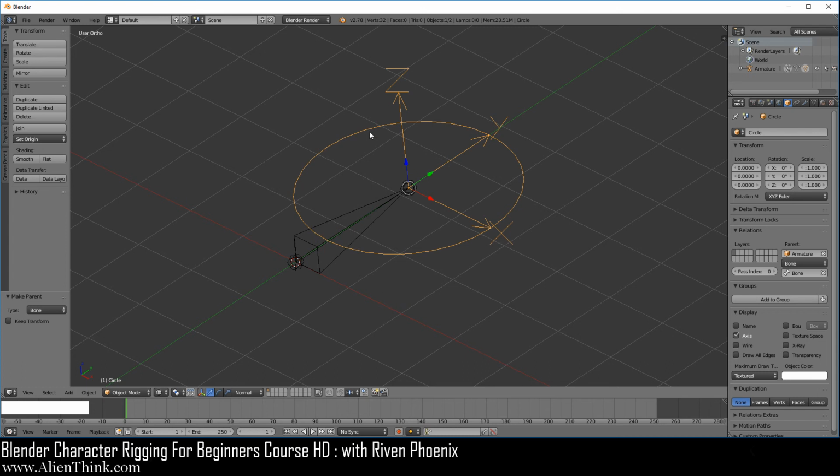Okay, so if you want to keep the offset intact, you have to do it in the 3D view. But if you come over here, it's just going to behave the way I've shown it to you. So it's the same behavior when you're working with bones, and it's the same behavior when you're working with objects.